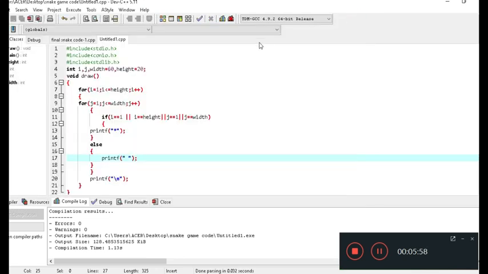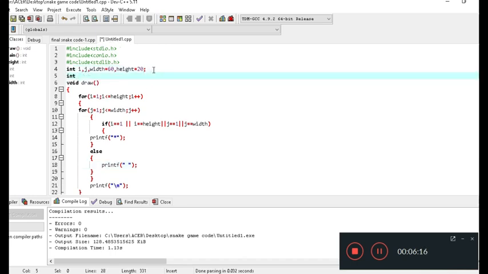So now we are going to make the logic to print the snake and to print the fruit inside this boundary. Now see, to print the snake and the fruit, we are going to declare two variables for the snake, that is x and y, and I am even going to declare two more variables, that is fruitx and fruity, for the fruit that the snake is going to eat.